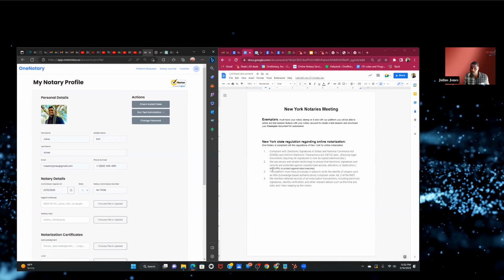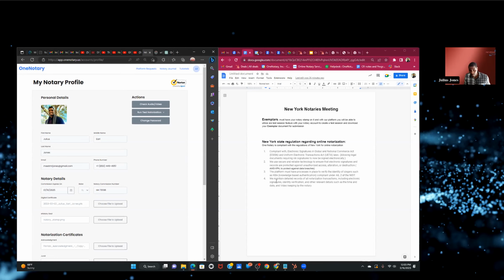Also, the platform must have a process to verify the identity of the signer, which we do have, and which is compliant under the AAL2 of the NIST. If you look it up, this basically says that if an online notarization is to be operational, it must have an option for KBA, which is knowledge-based authentication.